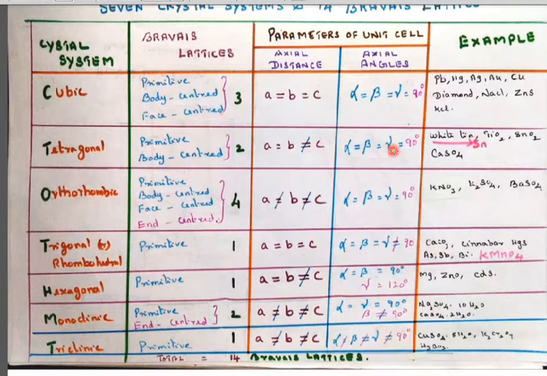And here you can understand, the second and third ones are 90 degrees. And trigonal, gamma is not equal to 90 degrees. Already I told you, remember hexagonal is a frequent question: alpha is equal to beta equal to 90 degrees, but gamma is equal to 120 degrees. And monoclinic, alpha and gamma are equal to 90 degrees, beta is not equal to 90 degrees. And please remember these examples related to the crystal system.